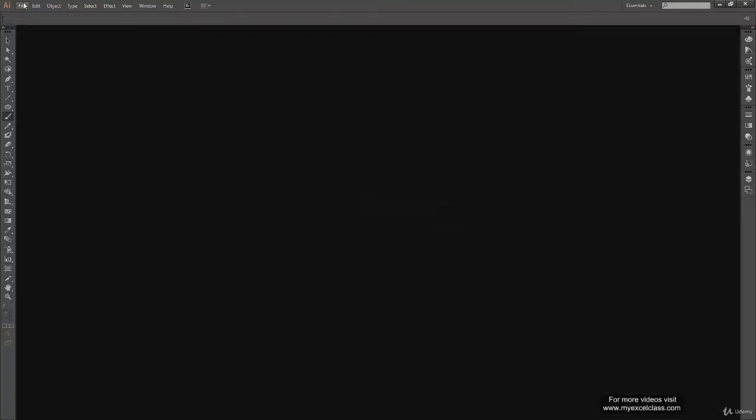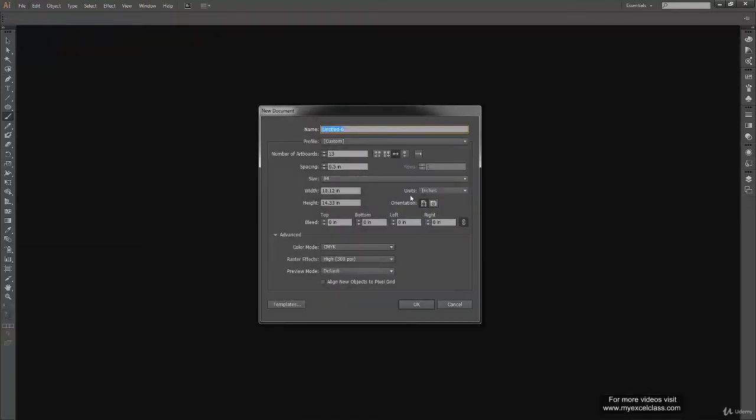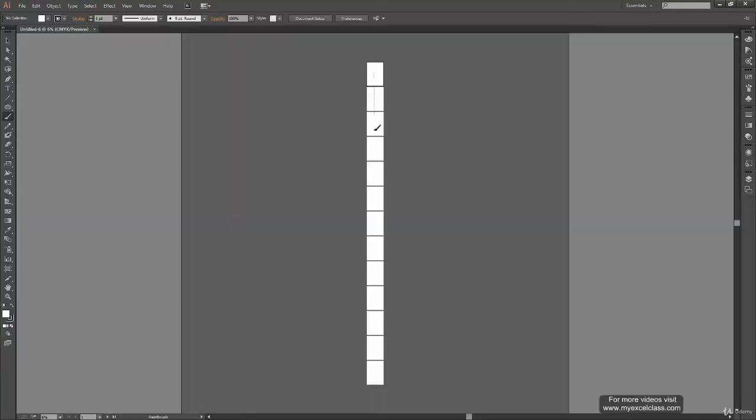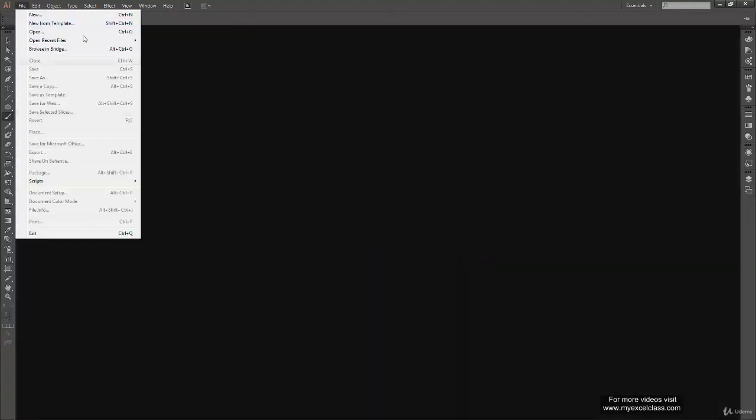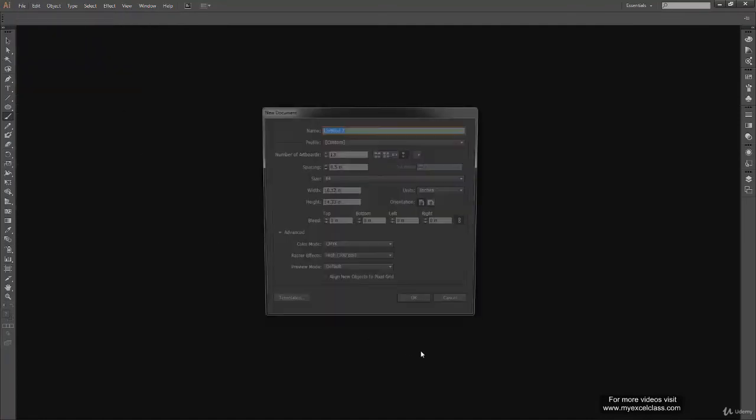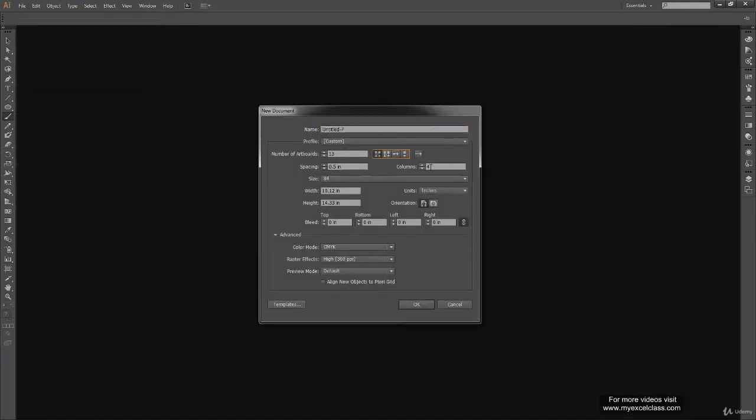Let me just close this file, create a new file, and this time let's click on the 4th icon and click OK. So like this we have a vertical column this time of all the artboards. It is not a very good idea to have this kind of layout for artboards. I don't know if I will ever be using this kind of layout, but since it's an option, it's a good idea to have knowledge about it. Anyways, so click on new again, and this time we will see what this column can do.